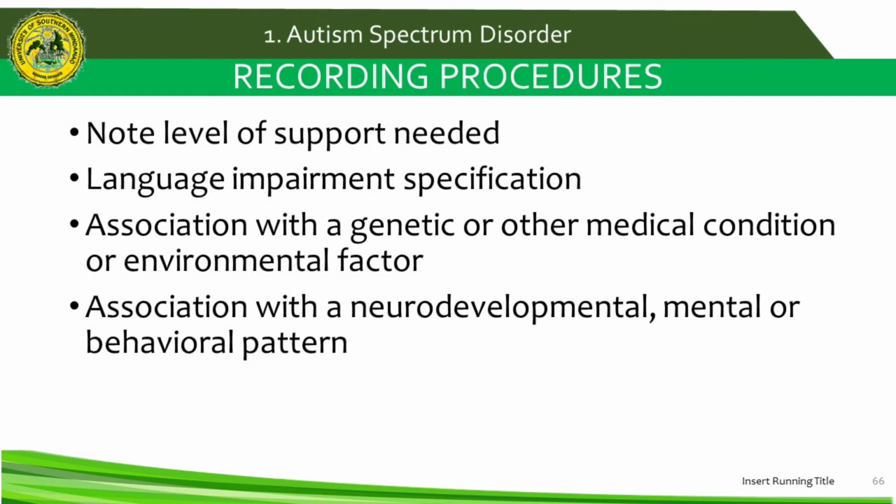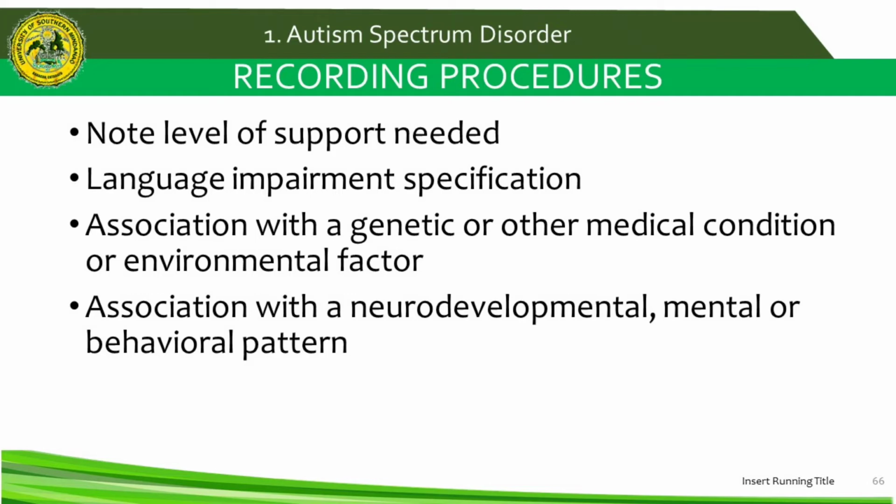For genetic or other medical condition or environmental factor, or associated with a neurodevelopmental, mental, or behavioral problem, are appropriate. Record autism spectrum disorder associated with the name of the condition, disorder, or factor. For example, autism spectrum disorder associated with tuberous sclerosis complex. So this specifier is applied to presentations in which the listed condition or problem is potentially relevant to the clinical care of the individual and do not necessarily indicate that the condition or problem is causally related to the autism